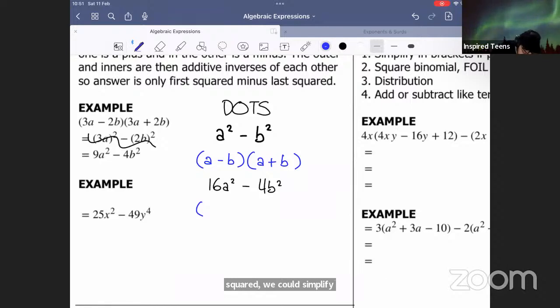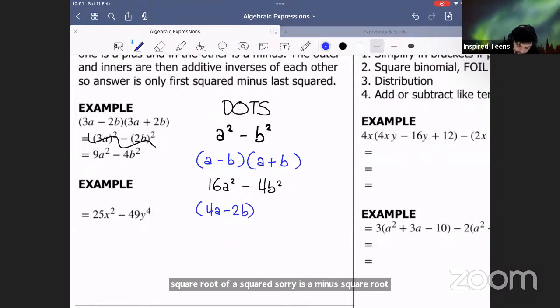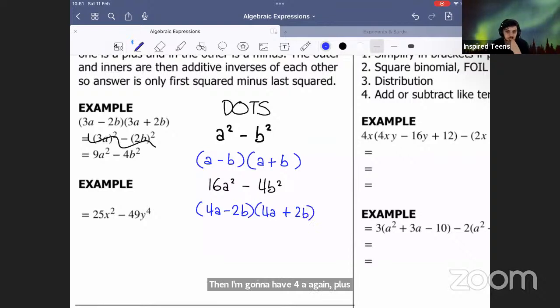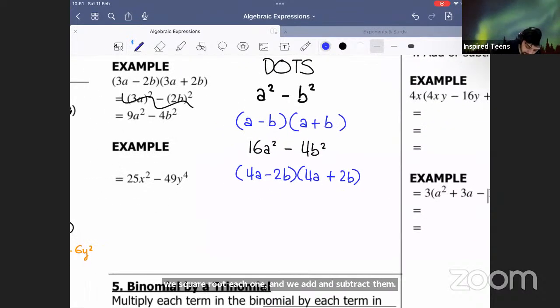So look here, we went from a squared to a. So to get this bracket, you have to square root it. The square root of 16a squared is 4a, and the square root of 4b squared is 2b. So I have 4a minus 2b, then 4a again plus 2b again. So we square root each one, and we add and subtract them respectively in each bracket. Then we have something like this,